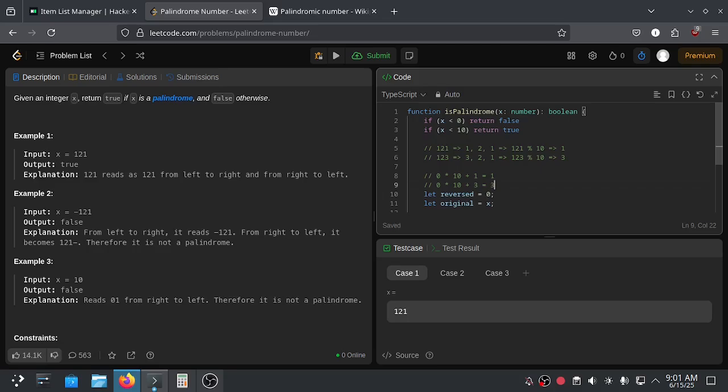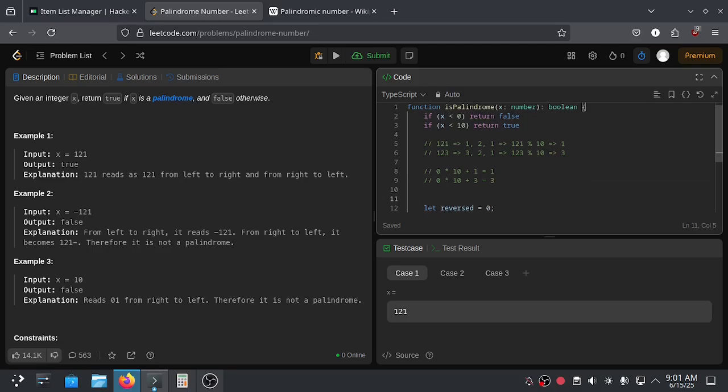For the next iteration, in order to get the number 2, we can use the floor of 1 2 1 divided by 10, which is 12.1.